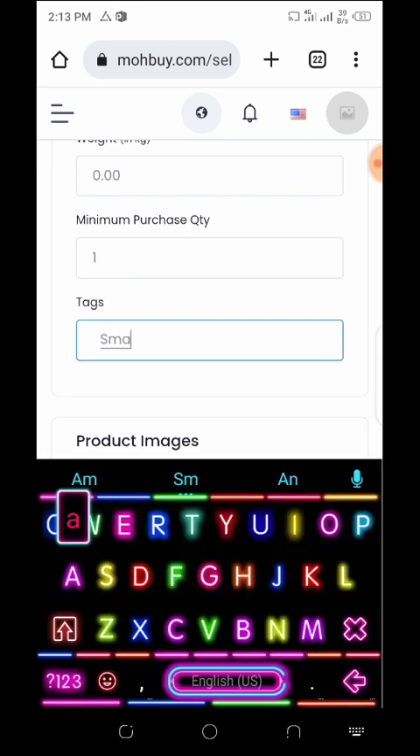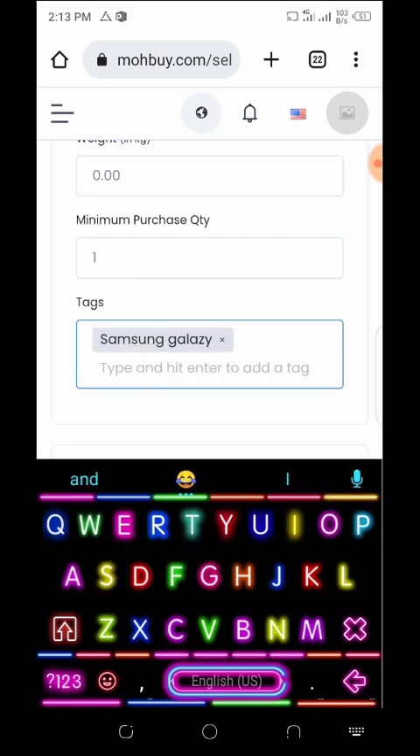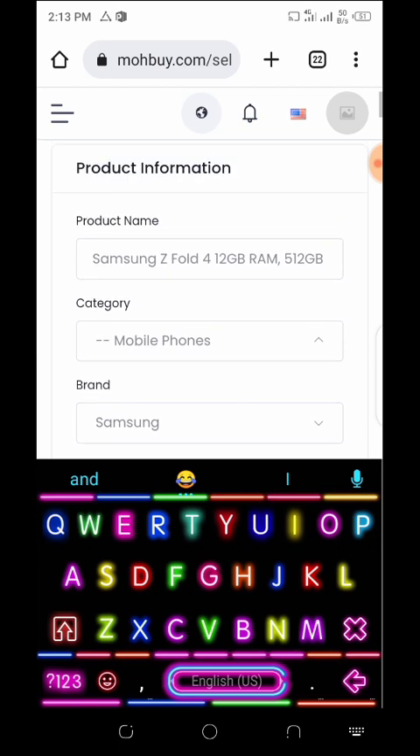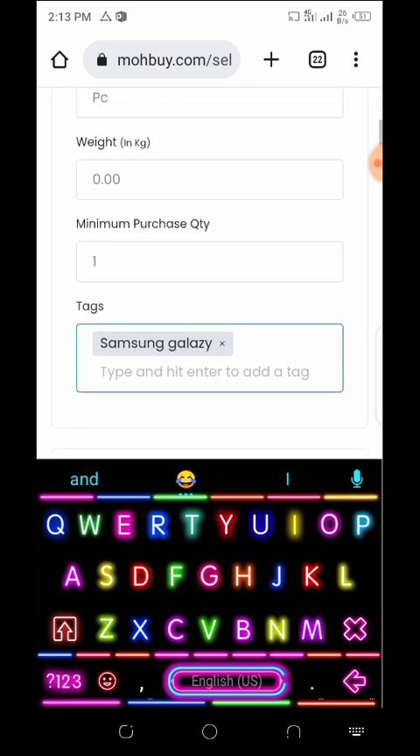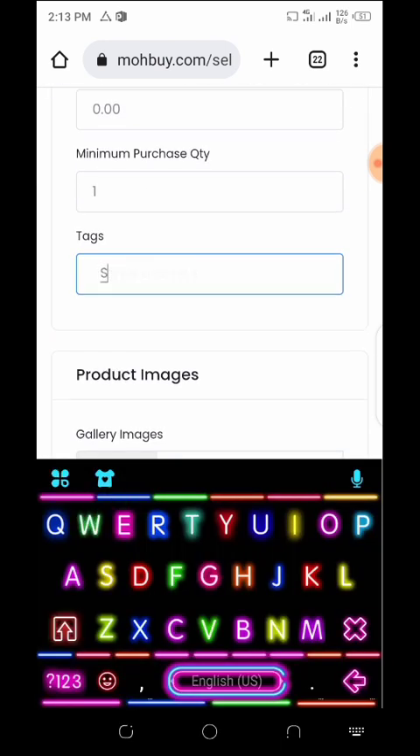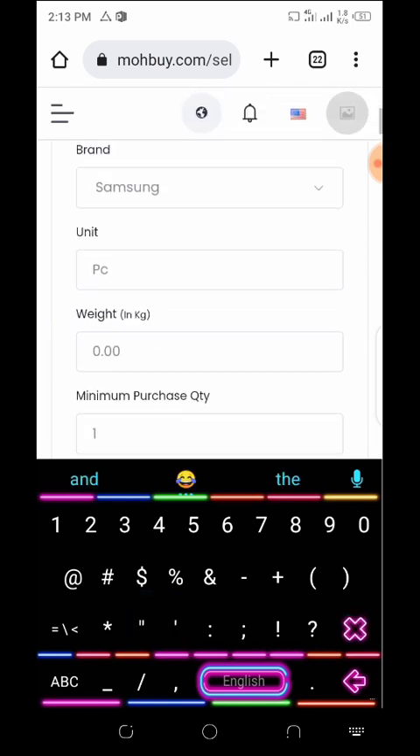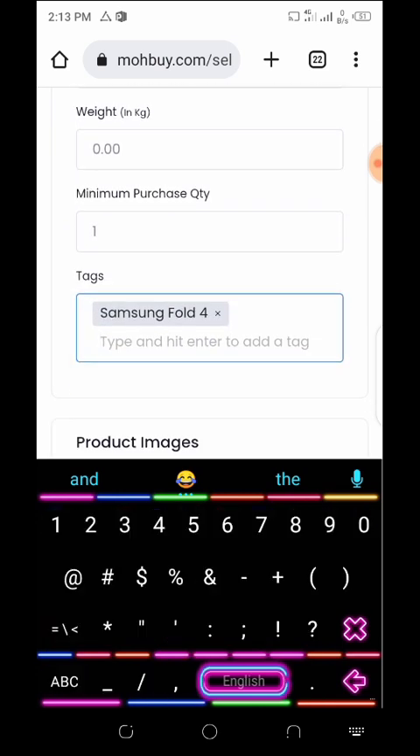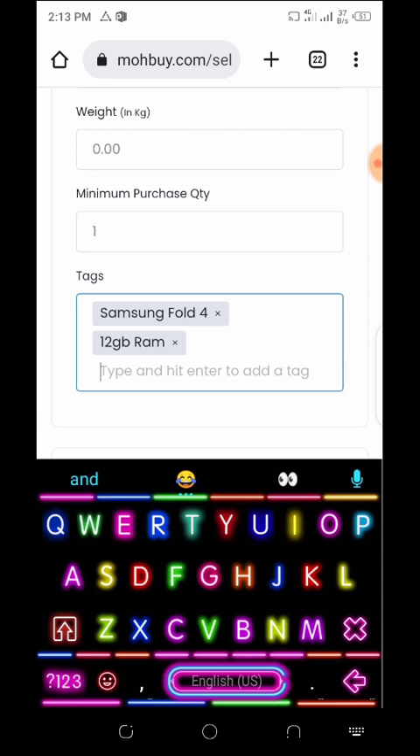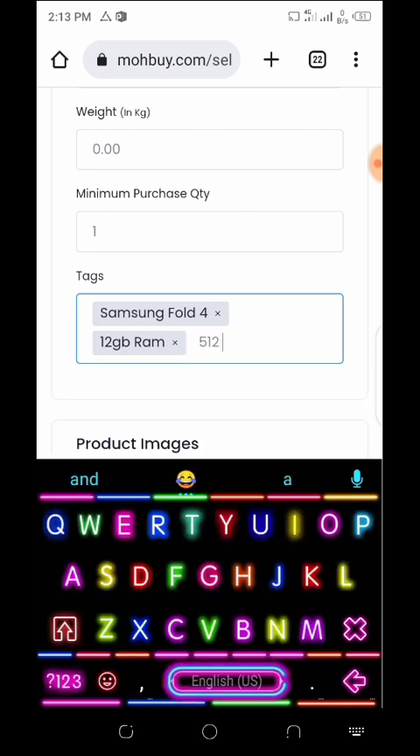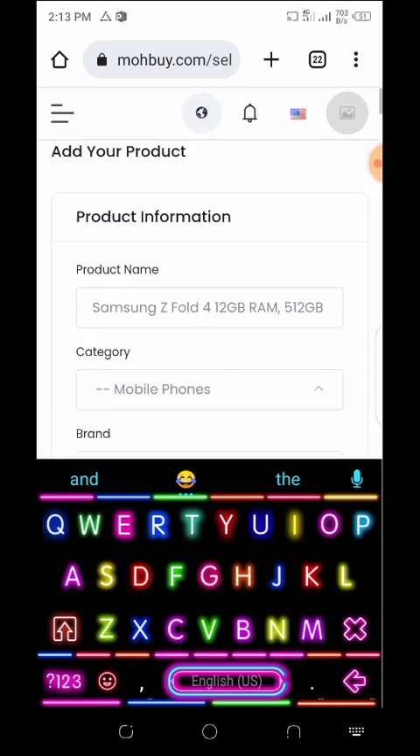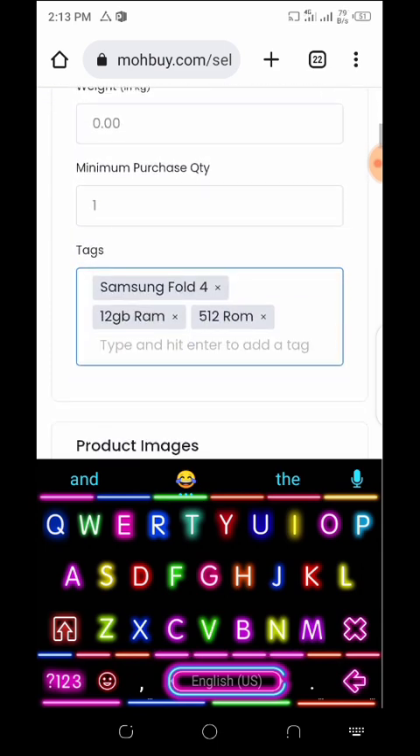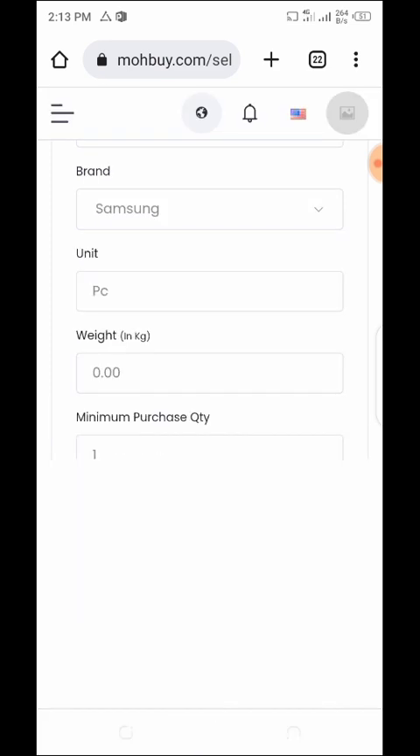I'm selling Samsung, right? I'll just write Samsung Galaxy, comma, or I can just delete it and say Samsung Fold 4, right? So look at other description you have. We have Fold 4, 12 gig RAM, 512 ROM. That's the inner memory, right? Okay, so that's 512